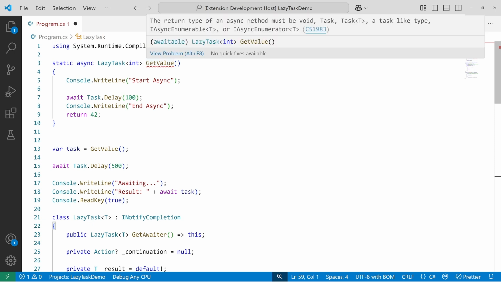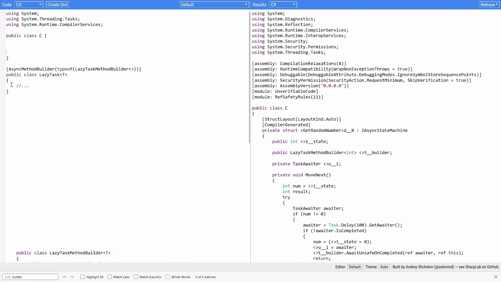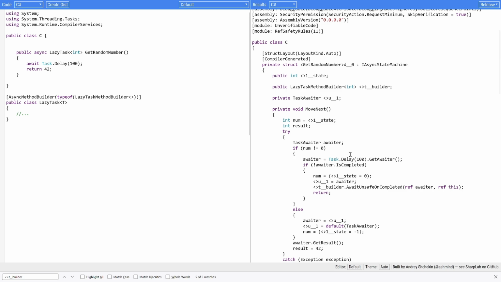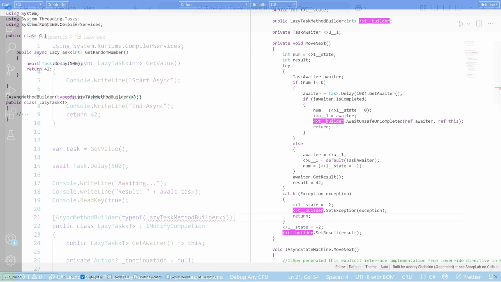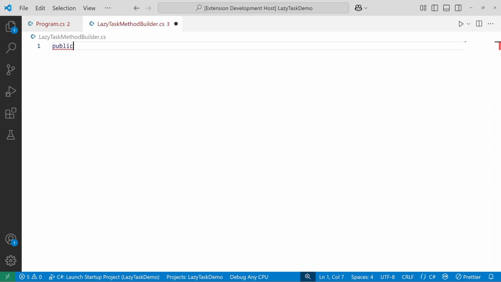However, it still raises an error if we try to use LazyTask as the return type of a method marked with the async keyword. To resolve this issue, we need to associate our LazyTask with a custom method builder class. This builder acts as a bridge between the async state machine, automatically generated by the C# compiler, and our custom return type. Behind the scenes, the compiler injects calls to specific methods and properties on this builder at various stages